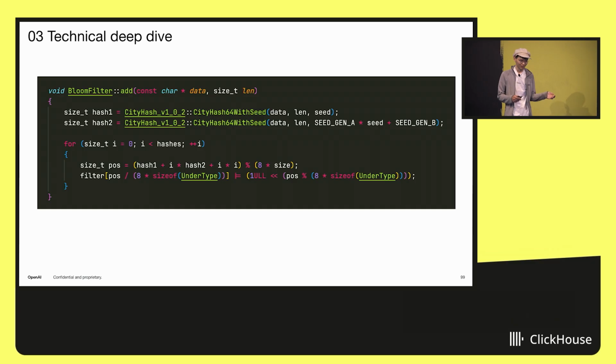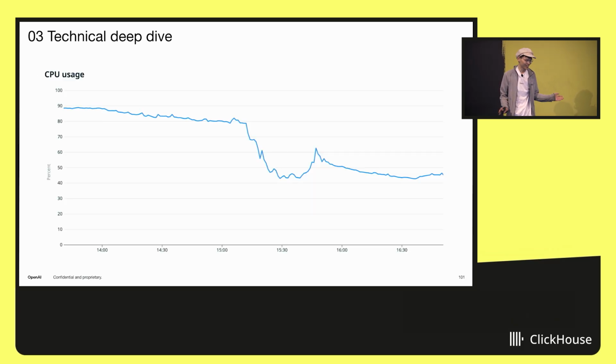And one cute CPU trick you could do at home is you can approximate divisions with multiplication and bit shifts. As long as you know what number you're dividing by beforehand, you could compute how much you have to multiply by and how many bits you need to shift and get the exact same operation. So we did just that. We made almost a one-line change to this function, patched ClickHouse, and deployed it. And we saw immediately a 40% reduction in CPU usage.